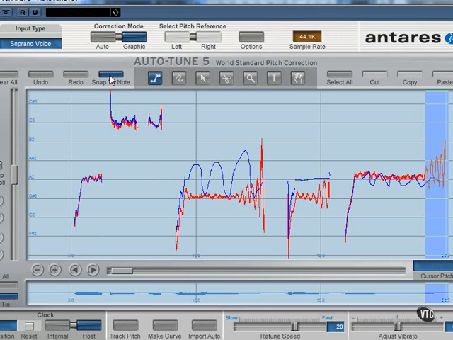With this tool, you can choose to snap to note. As you can see, if I click somewhere between the two, it's either going to be on the A or the A sharp. So this allows you to get very exact matches very quickly. I think it's